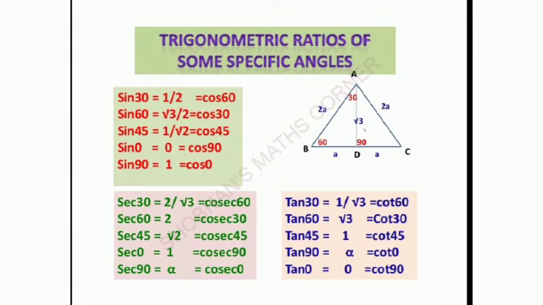And about 45 degrees we should take another triangle, that is an isosceles right triangle. You know, in an isosceles right triangle, two sides are equal. If you take the sides as a and a, hypotenuse is root 2 a. You can draw and check that.